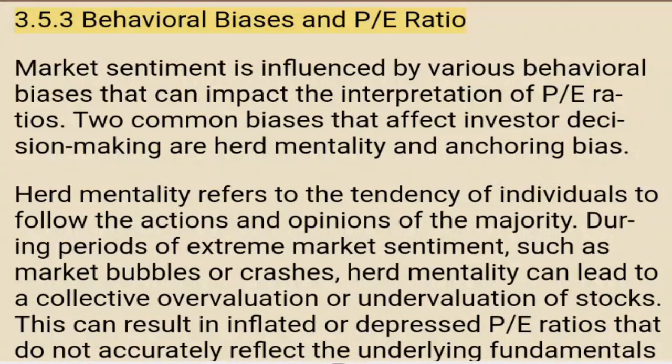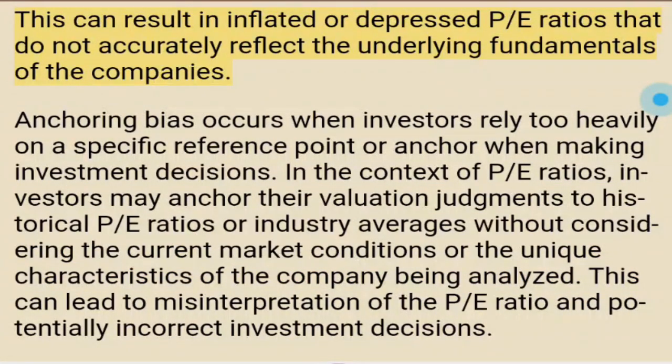3.5.3 Behavioral biases and P/E ratio. Market sentiment is influenced by various behavioral biases that can impact the interpretation of P/E ratios. Two common biases that affect investor decision-making are herd mentality and anchoring bias. Herd mentality refers to the tendency of individuals to follow the actions and opinions of the majority. During periods of extreme market sentiment, such as market bubbles or crashes, herd mentality can lead to a collective overvaluation or undervaluation of stocks. This can result in inflated or depressed P/E ratios that do not accurately reflect the underlying